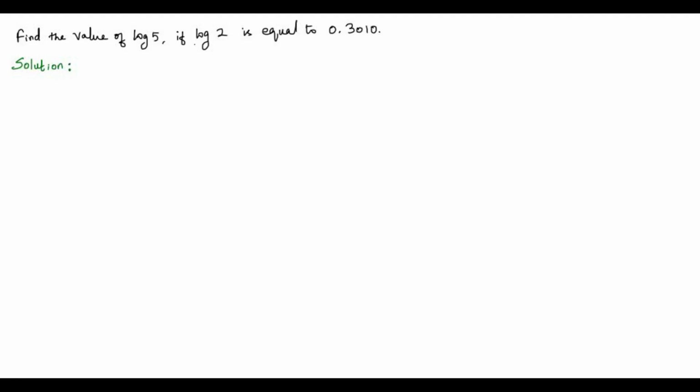Here we have a problem on logarithm. Okay, let's read the question. Find the value of log 5 if log 2 is equal to 0.3010. So the value of log 2 is given, that is 0.3010, and we need to find the value of log